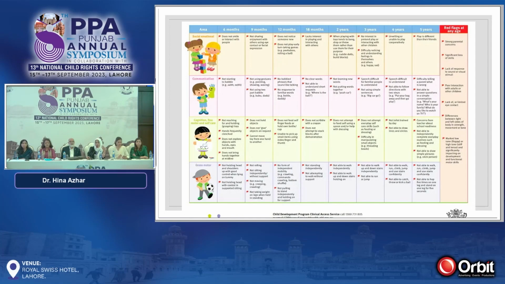Okay, 1-2 months up or down, but he should walk by the age of 1 year. But if he does not walk by age of 1.5 years, by 2 years, this is a red flag for that child. So for every domain, at different ages, there are different red flags. So the knowledge of these red flags should be present to identify development delays.